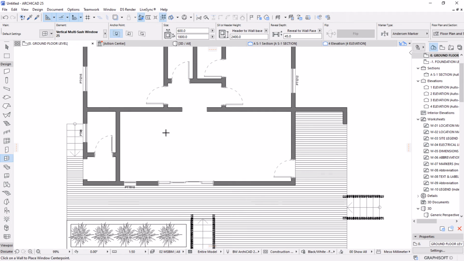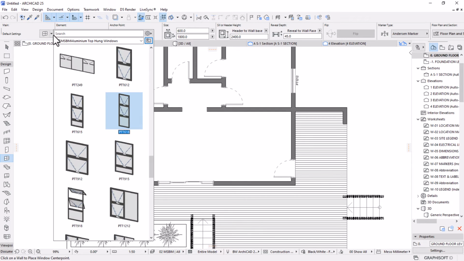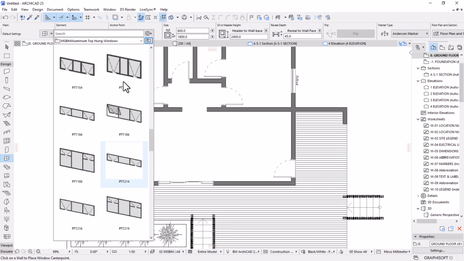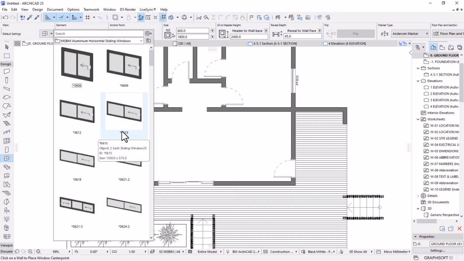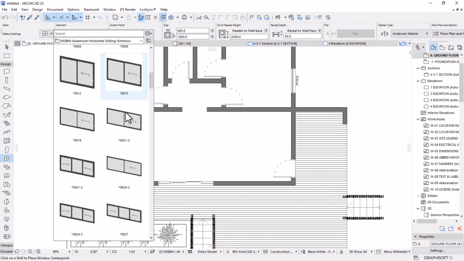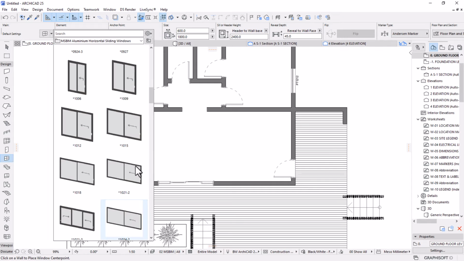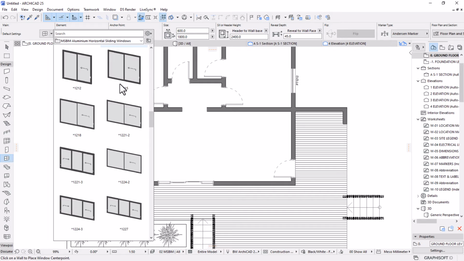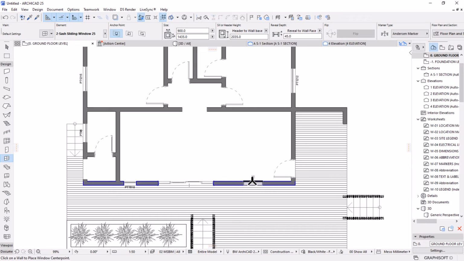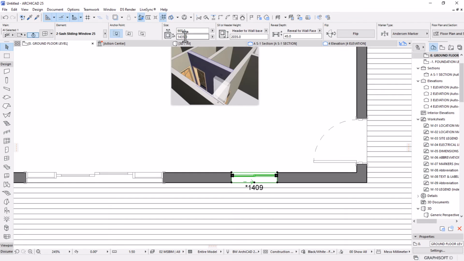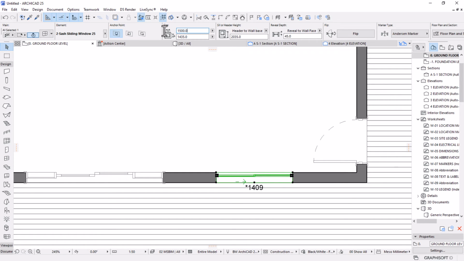Okay, and then this side, let's find, I think let's go find a sliding door. A sliding window. I'm looking for something tall. Okay, let me just pick whatever and place it here. Let me increase the width of this to 1.5 or